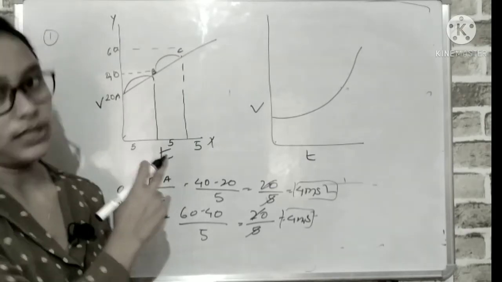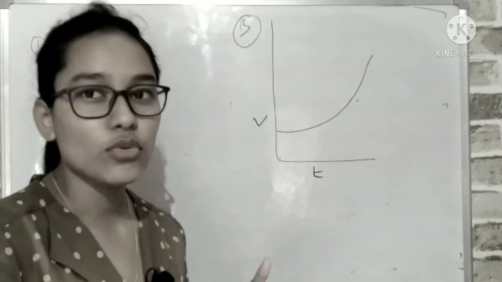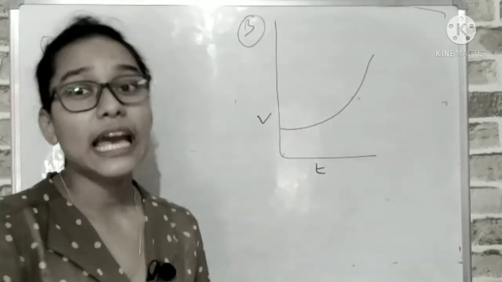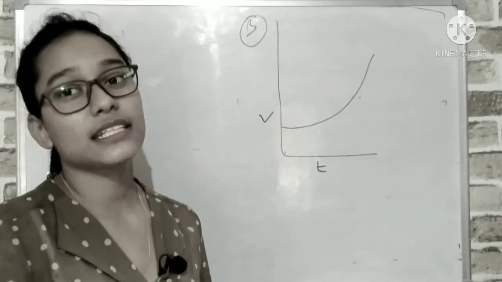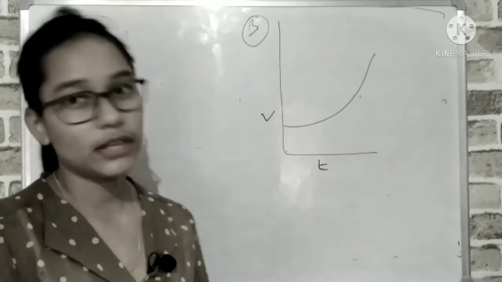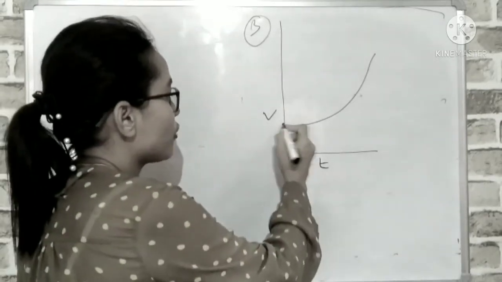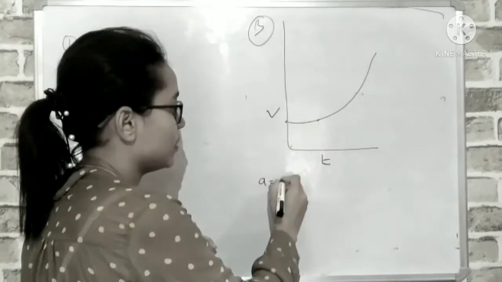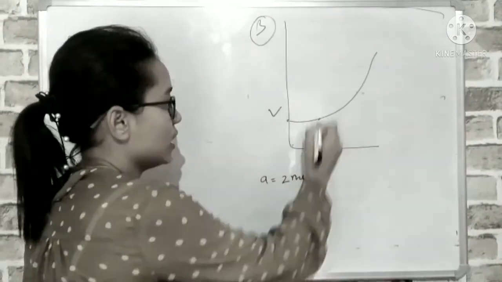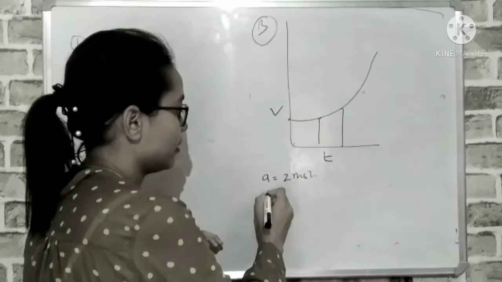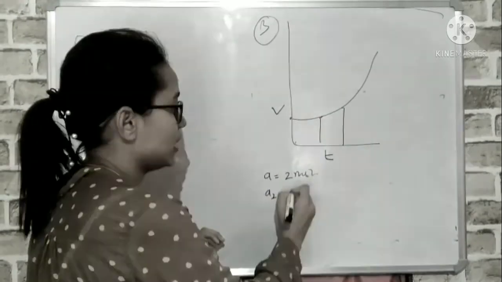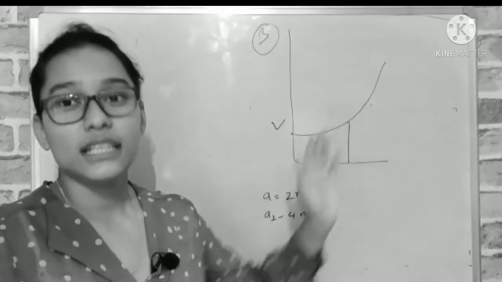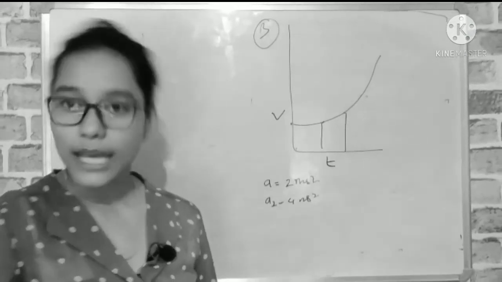Okay. Third graph, when the body is moving in non-uniform acceleration, means what here? Velocity is changing again and again. The acceleration is non-uniform. Okay. Here what happened? Suppose from point A to point B, the acceleration will be, suppose, 2 meter second square. Then point B to C, we will say A2. The acceleration keeps on changing continuously. So what happened here? The body is moving in non-uniform acceleration.